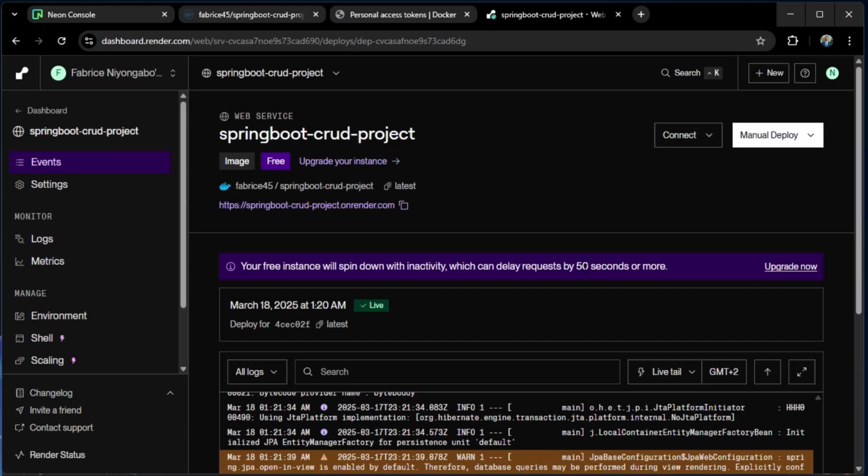And if you are not happy with this, you can just go ahead and upgrade from a free plan to a different plan. But for our use case, this is just enough for us to be able to test our Spring Boot application online. So let's right now copy this URL and start testing if we can add users and just do some CRUD stuff on our deployed Spring Boot project.